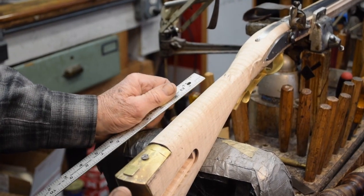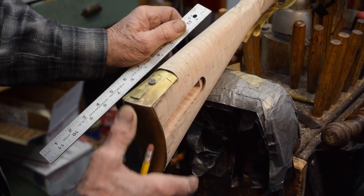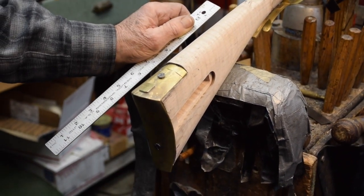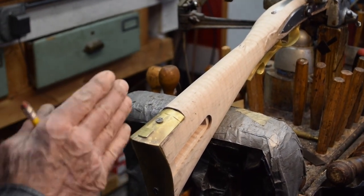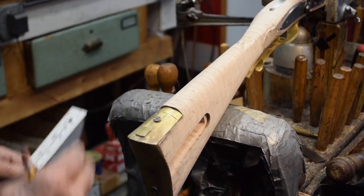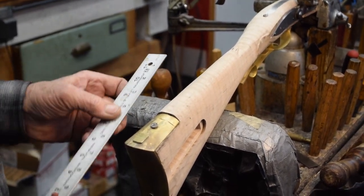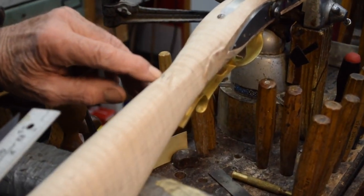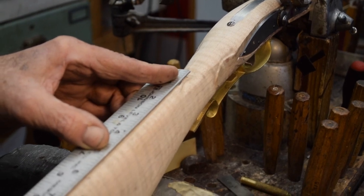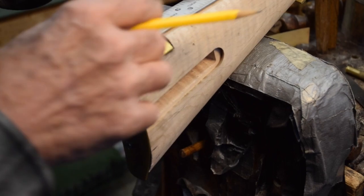Alright, we've got the butt plate on now satisfactory to this point. We're going to work on it a little bit more after we get the wood shaved down a little. But you want to make sure that your butt plate is on there in line with the stock so that it's not on cock one way or the other. And an easy way to do that, I go to the top of the comb, put two little pencil marks, 1/4 inch apart, put the straight edge on it, put the straight edge on the ridge that's on the butt plate,